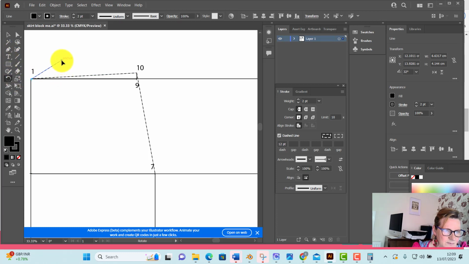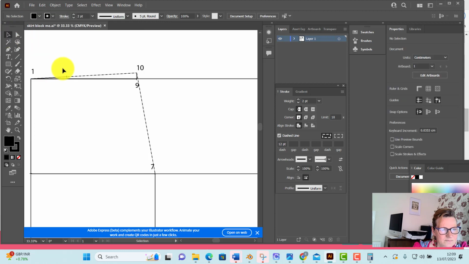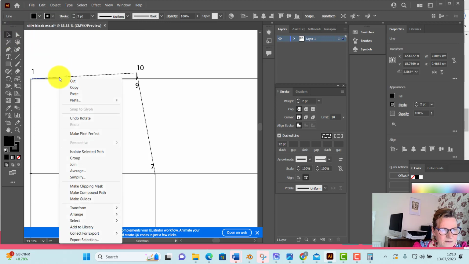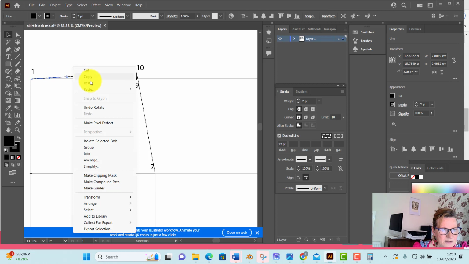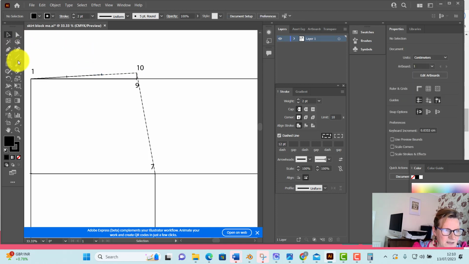And that centre point, rotate it down like so. And then I'm just going to copy and paste that line. Perfect. And now I've got point